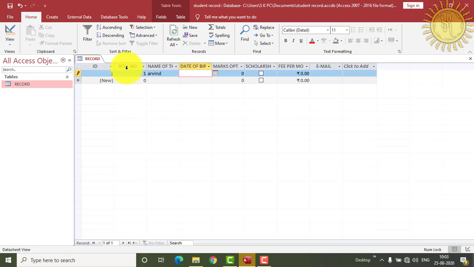Then press the tab button and enter the date of birth. Again press the tab button, correct this and make it the top.